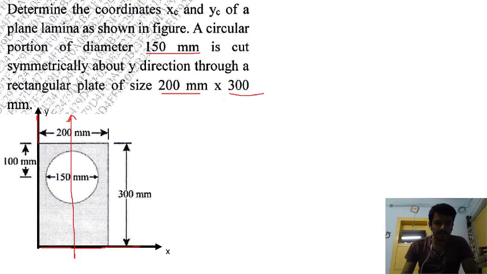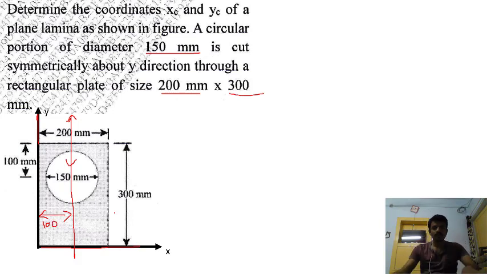If you take the y-axis here, your x bar is equal to 0. If you take the y-axis as this, the distance of the centroid from the y-axis, x bar, will be equal to 0, because the centroid will lie on this line only. You can directly say the value of this x bar is equal to 200 divided by 2, so that will be 100.